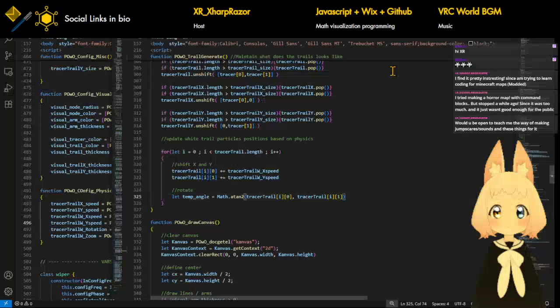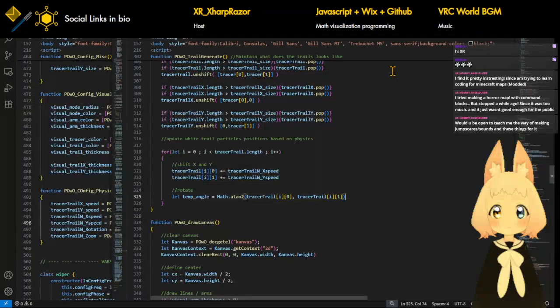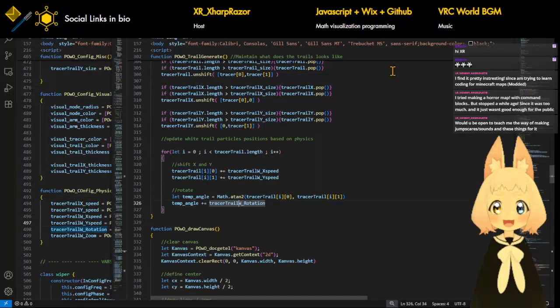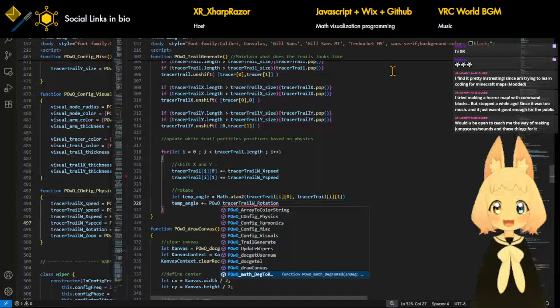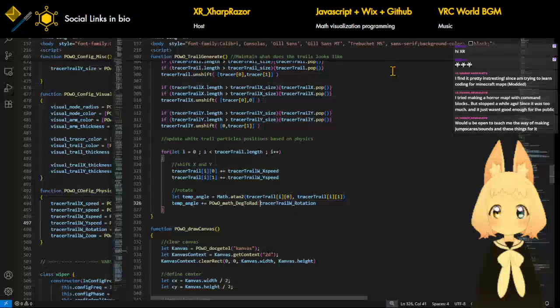Oh dear. That thing is in radians. So okay, then we have tracer w rotation, but also at the same time degrees to radians. Do we have that? No. Okay, we have that. Okay, so once added the angle,